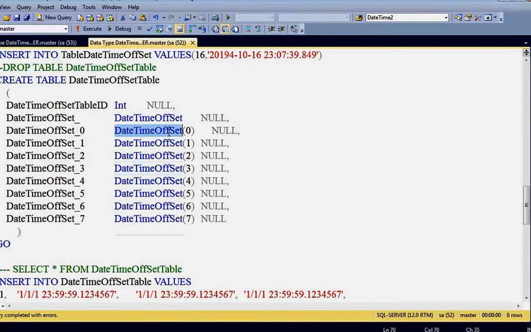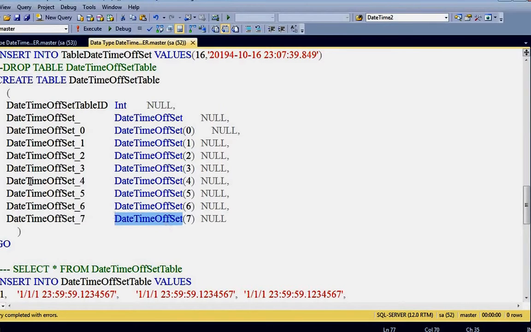Datetimeoffset of 0 means we do not have any fractional seconds. Datetimeoffset of 1 means we have only one fractional second, so it will occupy 8 bytes. 0, 1 up to 2 will occupy 8 bytes, and these two will occupy 9 bytes. These three again will occupy 10 bytes, and datetimeoffset also occupies 10 bytes. Why? Datetimeoffset is equivalent to datetimeoffset of 7. By default it is 7.